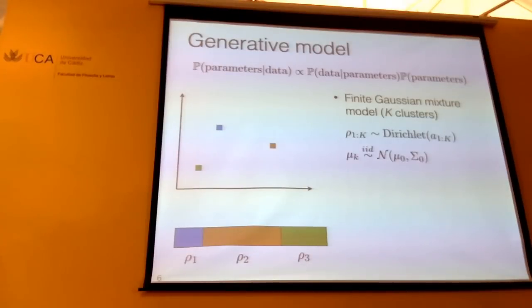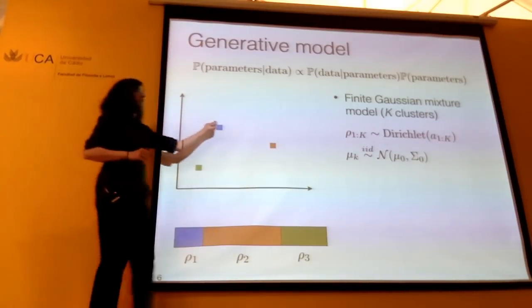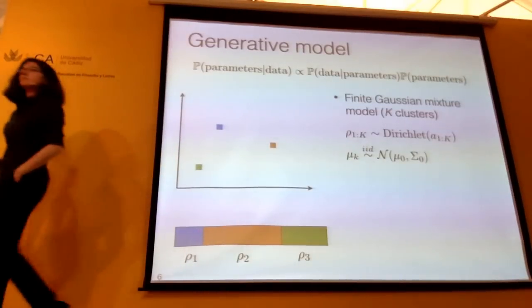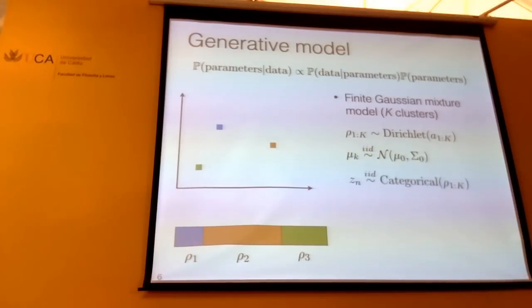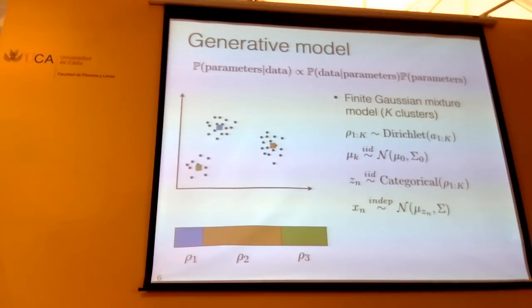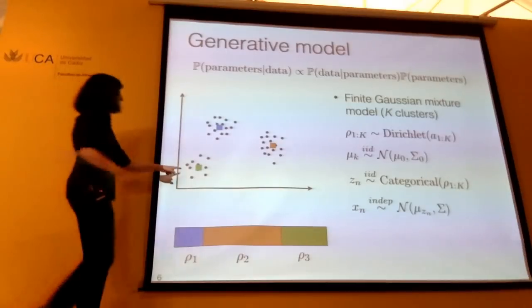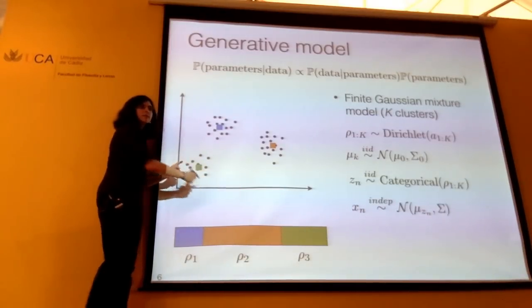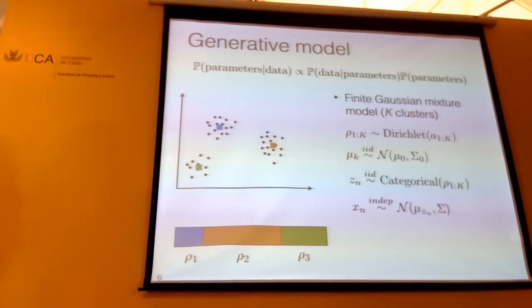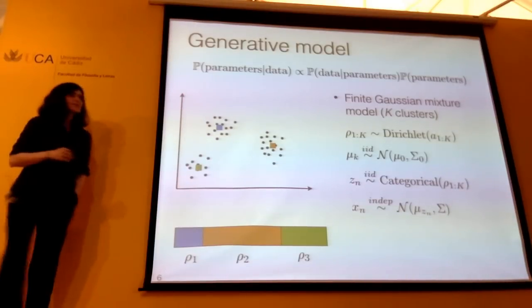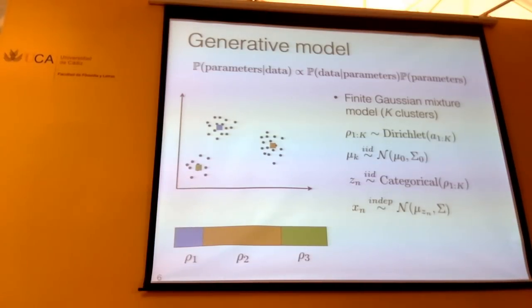The next thing in our generative model is for each of 1 to k, we'll make a draw that'll give us the cluster center. Now, for each data point, we'll decide which cluster it comes from by drawing from the categorical distribution. And then finally, we'll draw the actual data point itself around the cluster center it belongs to. And so again, we're going to spend a little bit of time getting familiar with the Dirichlet distribution. Are there any other questions before I go on with that?